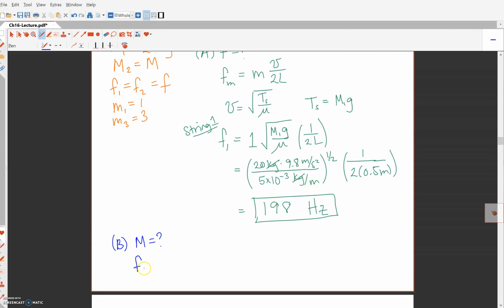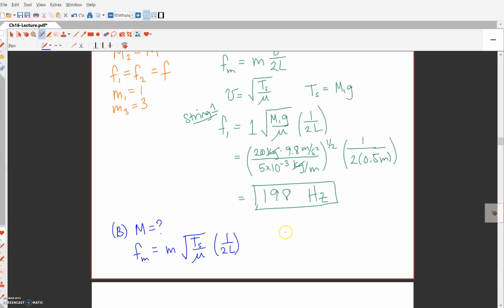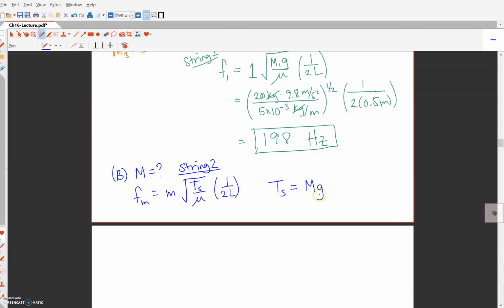this expression, right? So f sub m is equal to m times v over 2L, but my v is the square root of tension in the string over the linear mass density, times 1 over 2L. But in this case, by the same logic as before, in string 2 the tension is now equal to the unknown mass times the acceleration due to gravity. Kind of makes sense. So I'll plug that in here, and then I'm going to have to rearrange everything to